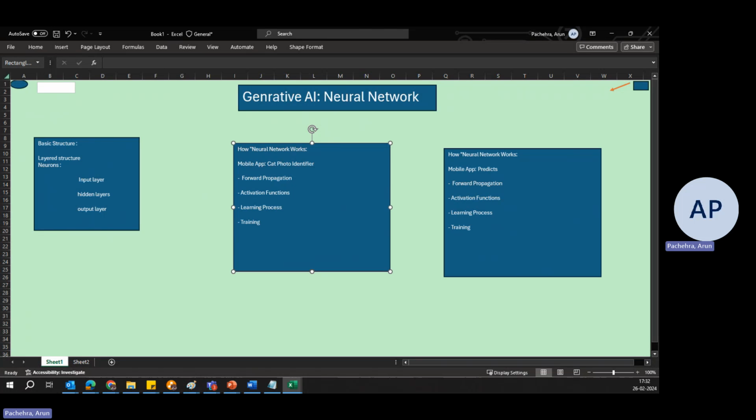Body hair on what? On the animal. Another might look for two pointy ears, and another might check for fur patterns typical of cats. The outputs of these neurons, based on the weighted sum of their inputs plus their biases, are then passed on to the next layer, because that's what is happening in forward propagation, weights and biases. So it will forward that to the next layer, which is the activation function.